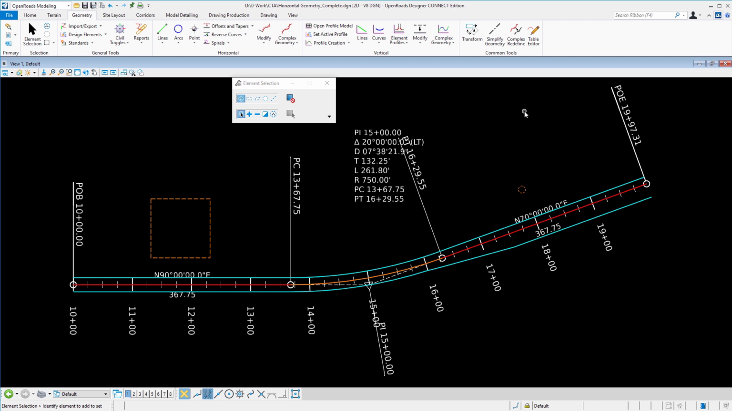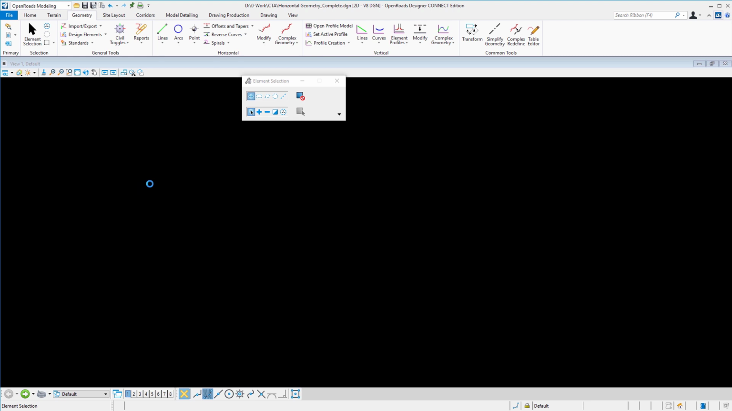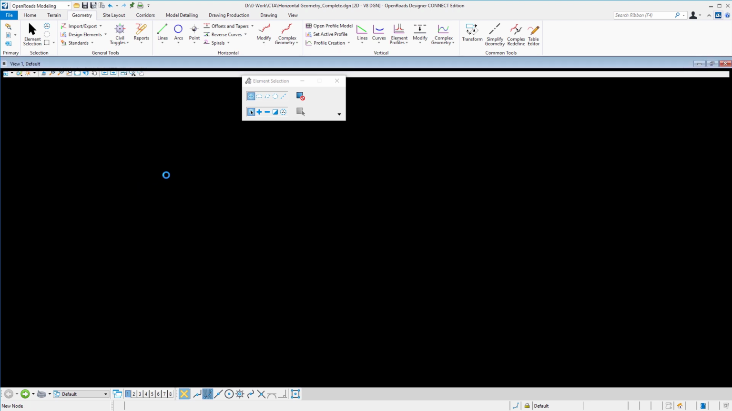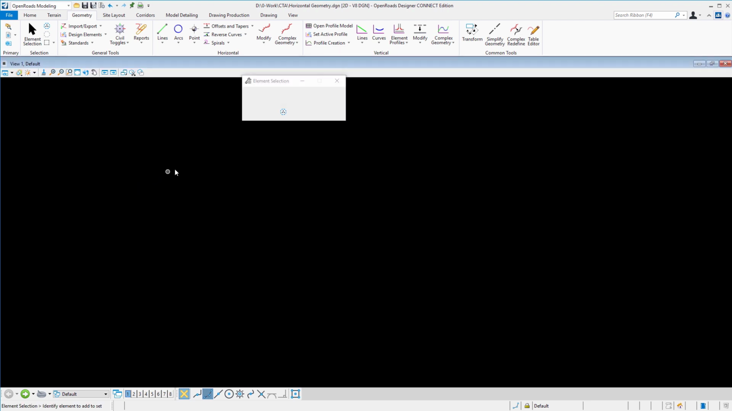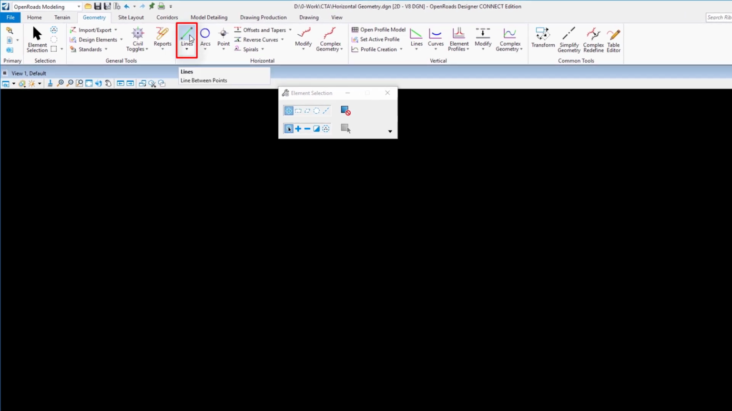The plan view elements we will construct using these horizontal geometry tools are shown on my screen and include an alignment, edge of pavement, right-of-way marker, and a parcel. Okay, so I'm going to move to just an empty 2D design file, and then we're going to come in and use the commands to